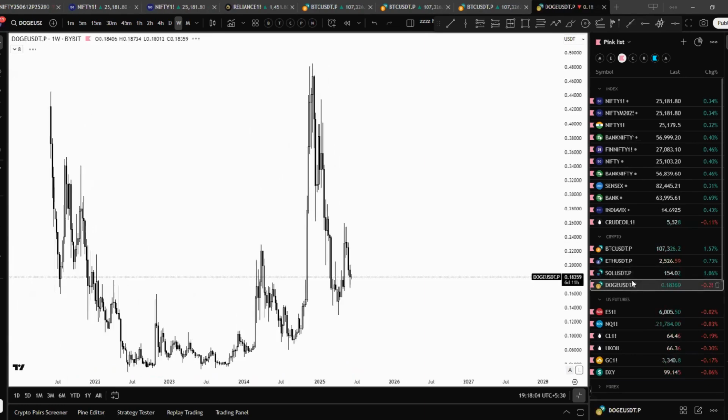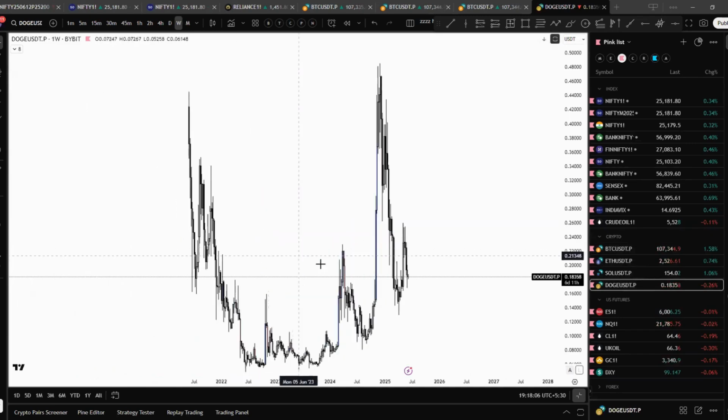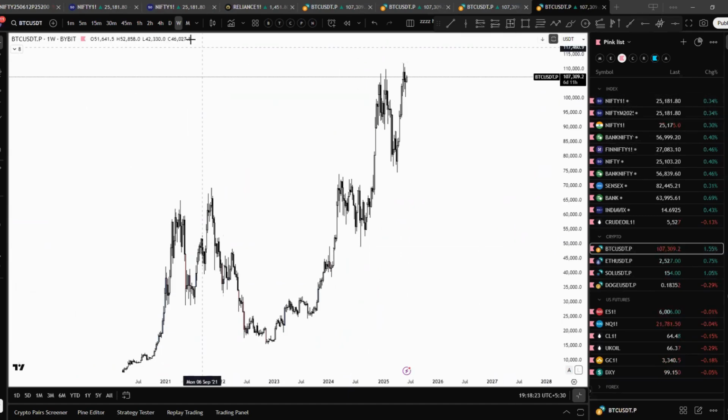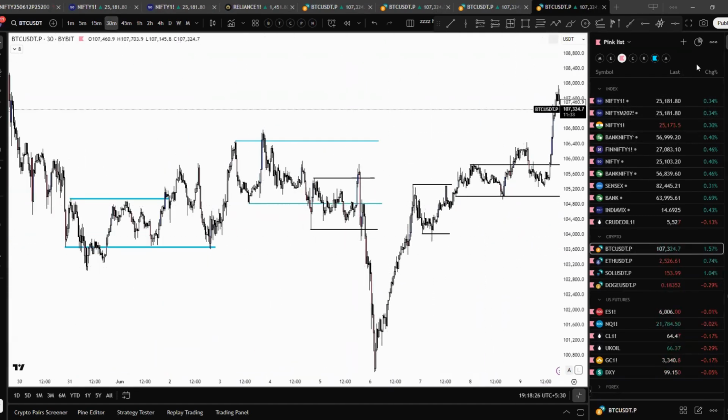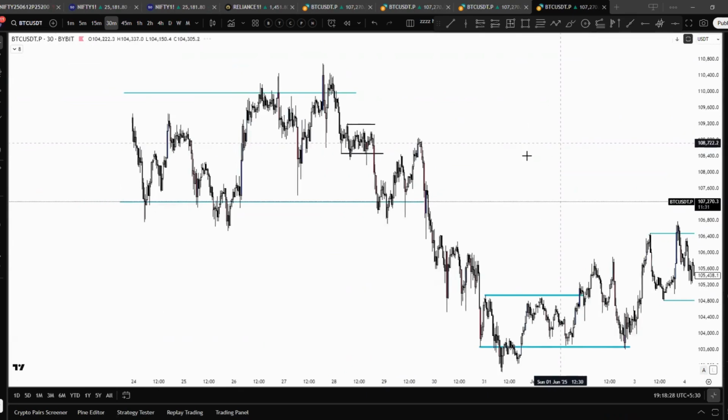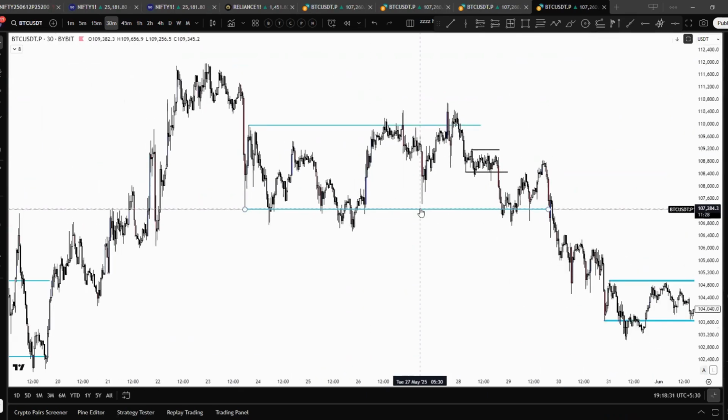You can't trade ranges when it comes to Doge or meme coins, because these are trendy coins. They do something very good and then they just die off. So you can't do range trading over here; you need different strategies to trade them. But when it comes to BTC or Nifty, you need a range-based strategy. I'm babbling so much about it because this is going to be very pivotal if you want to be good at trading.